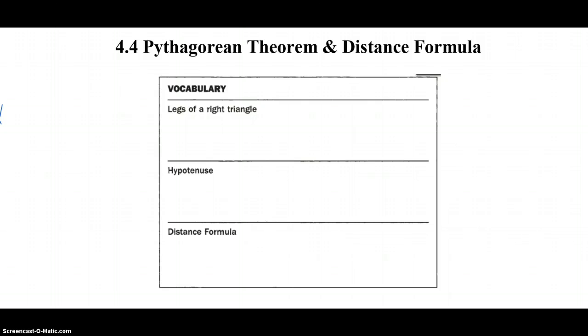So talk to me about legs of a triangle. When might you see legs of a triangle? What kind of triangles were we dealing with when we labeled legs and a base? Isosceles. Okay. And what was true about the legs? The legs were congruent in an isosceles and the base was not. Okay? So if we have a right triangle,